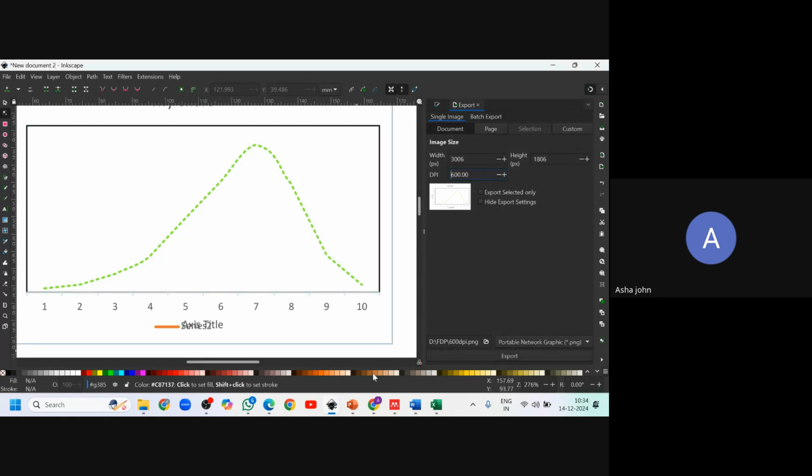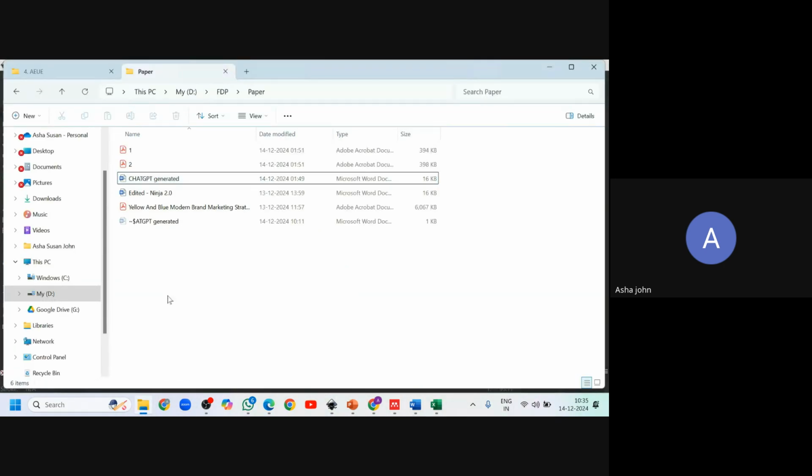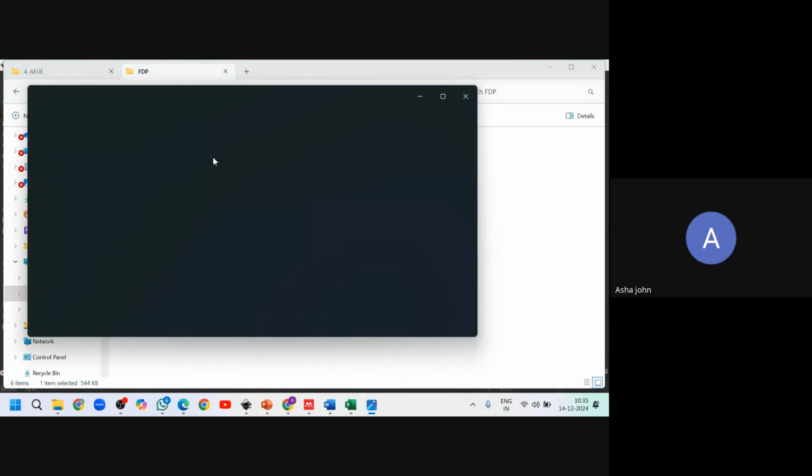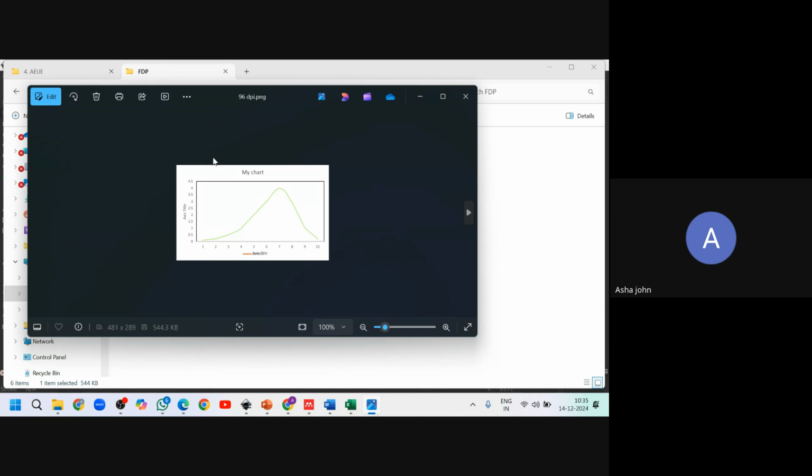Now let's go and check how this DPI has turned out. I have the two images, 96 DPI and 600 DPI, and let's see how they look.